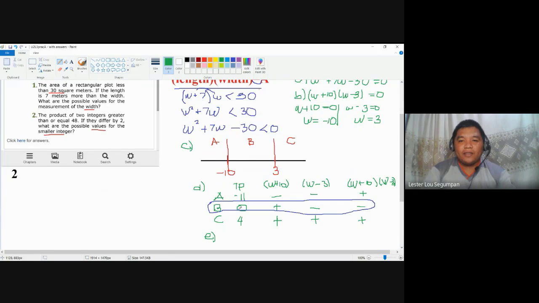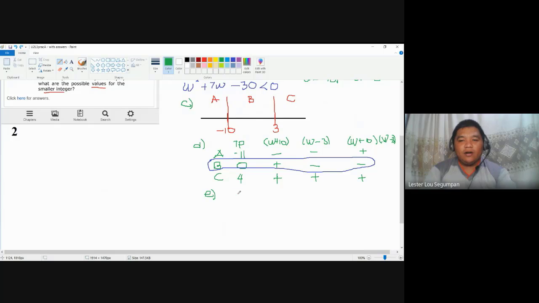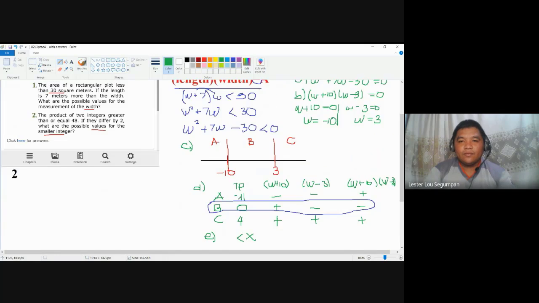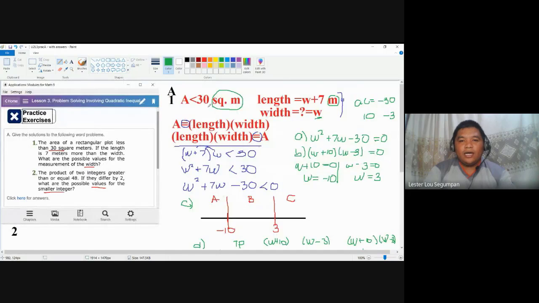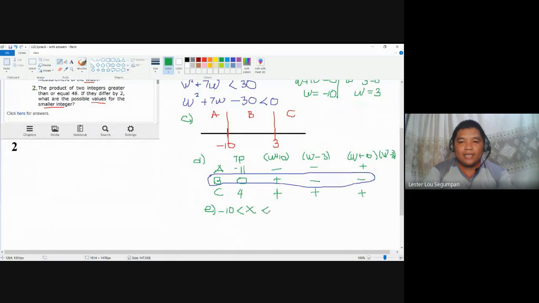And by region B, your decision, okay, we will add here another step because this is problem solving. Anyway, so the possible values here are actually all values of x greater than negative 10. We will not include equality because there's no notation here for inequality, but less than 3. Oh, sorry. I'm not going to use x because in the given problem, we are using w. Let me use w here. Step E is the decision. You could express it in any form. You could express it in terms of solution set. You could also express it in terms of interval notation.